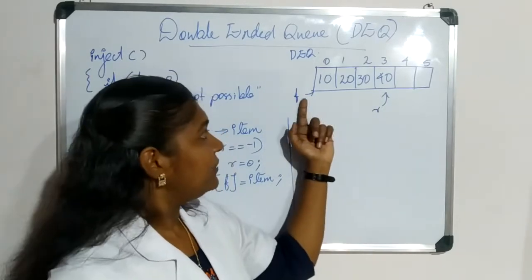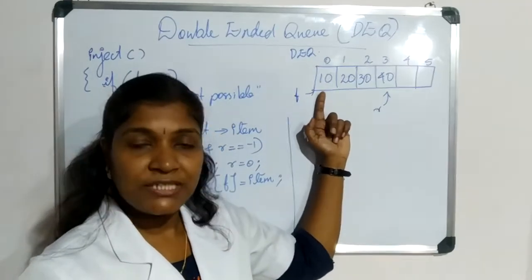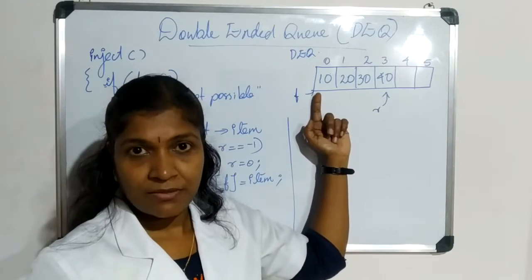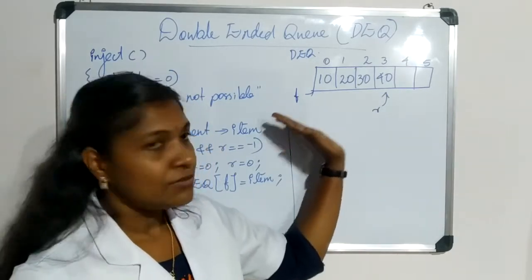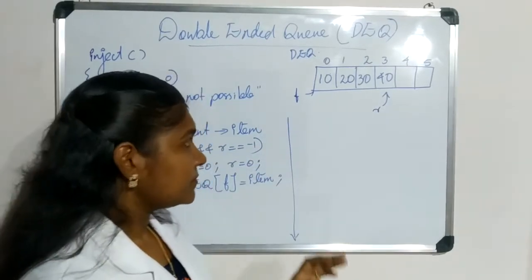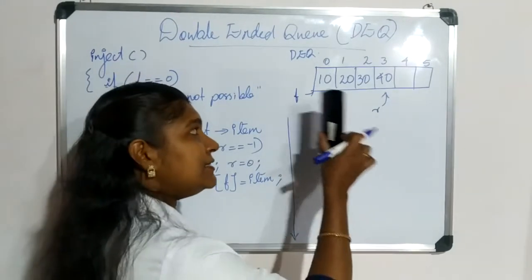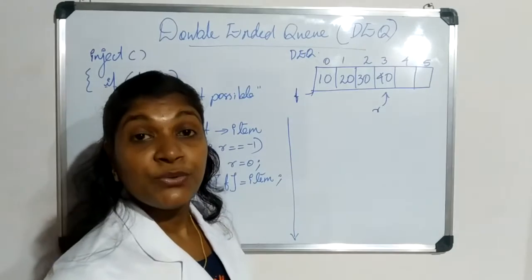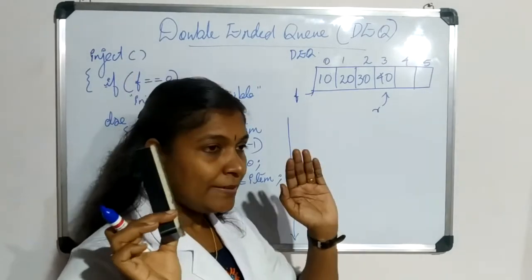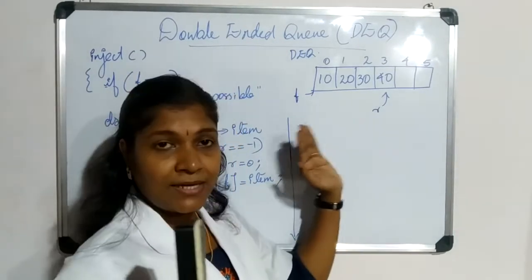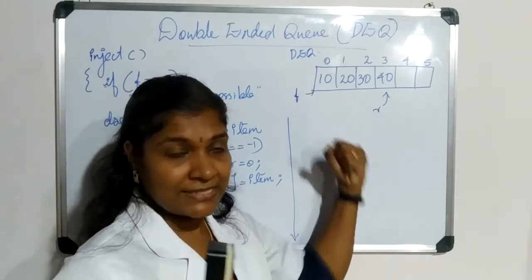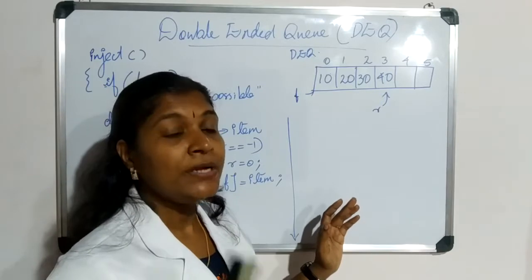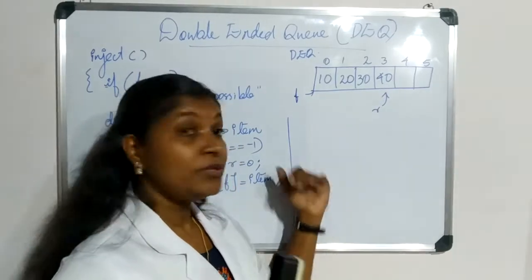We can say if F is pointing to position 0, then we will not be able to perform the inject operation. Okay, that concept is clear, right? So let it be there. Then consider the next concept, that is, let me perform a DQ operation. You should be attentive and very careful while we are working with this example. Right now I am about to perform a DQ operation. What is DQ? Deletion of an element through the front end.